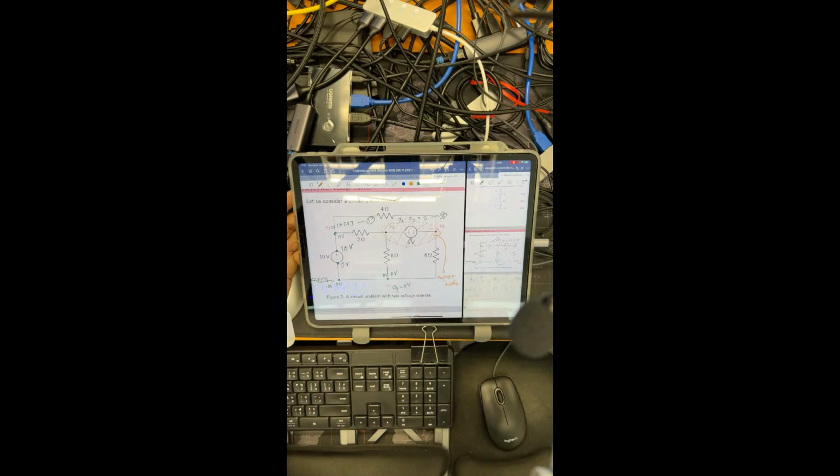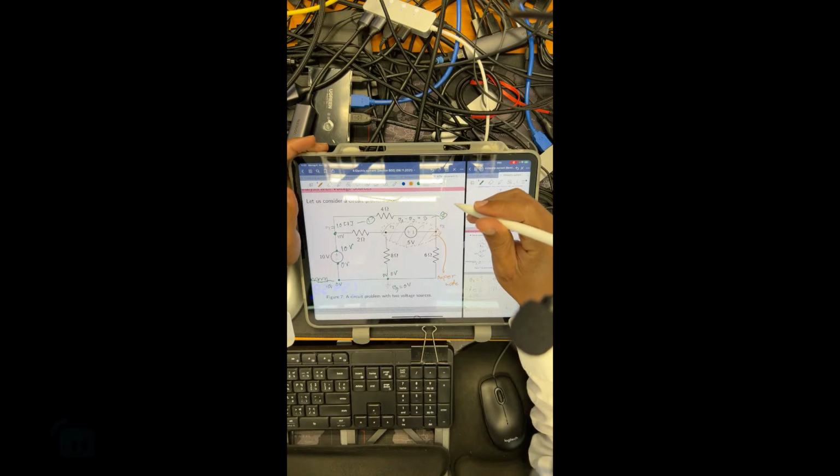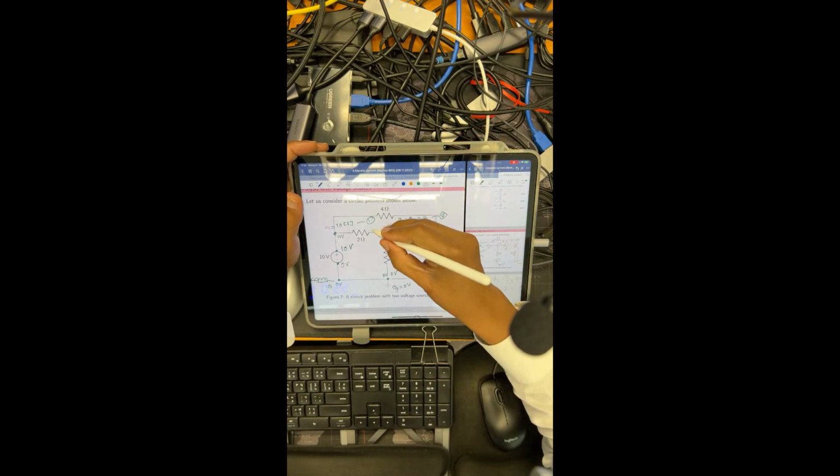How many branches are connected to this node? 4 branches. Okay, 4 branches, because the number 1 here is the first